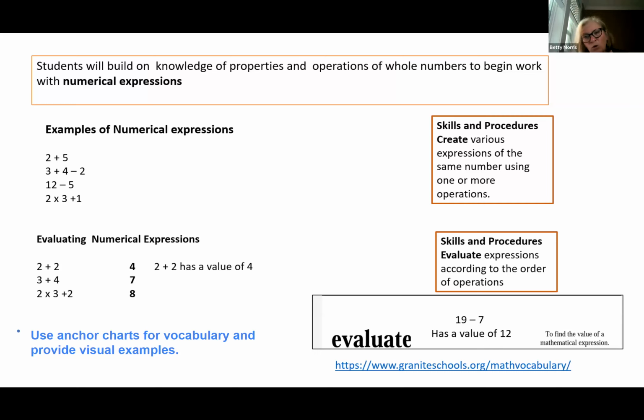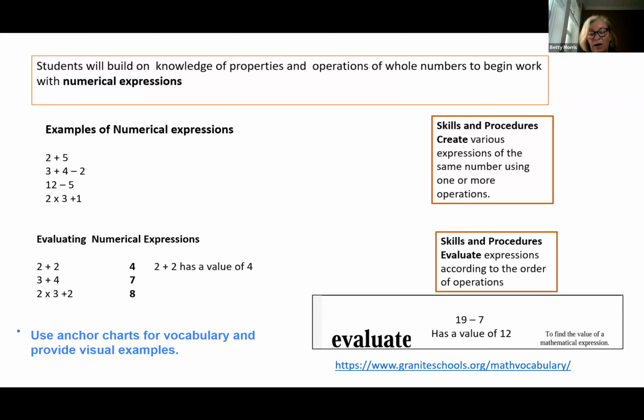That is correct, no doubt about it, but we're looking at that word evaluate. So 2 times 3 plus 2 has a value of 8, or the product of 2 times 3 plus 2, you can say it that way. There's many ways we'll look at that, has a value of 8.